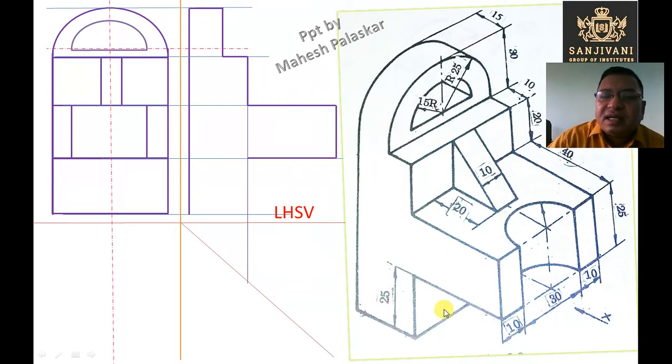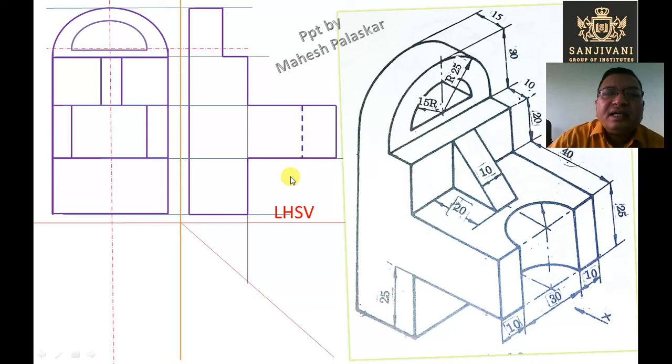So here you can see this edge is also 40 mm, so this is 40 and this is also 40, this edge is also 40 mm, right? Then we draw a vertical line, the length of this line is 25 mm, you can see this distance is 25 mm, okay? Now this edge is drawn in the front view like this, okay? You just join these 2 points, and this distance of course is 15 plus 10, that is 25. This distance is also 25, because this is 15, this is 10, 15 plus 10 is 25, right?